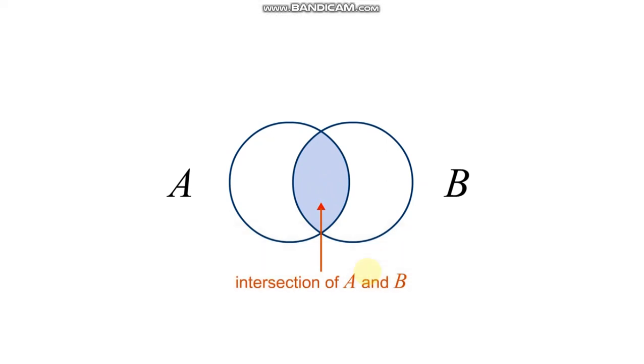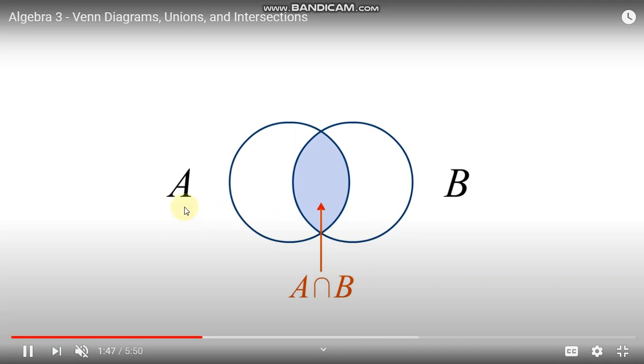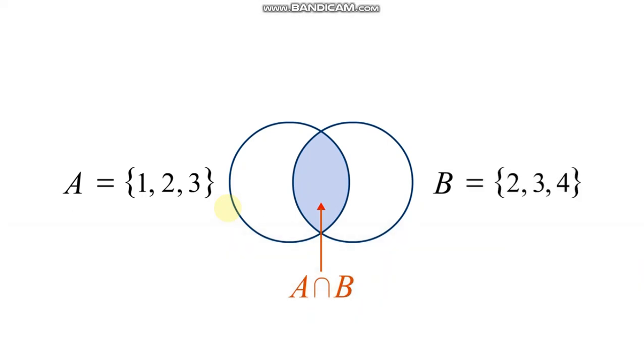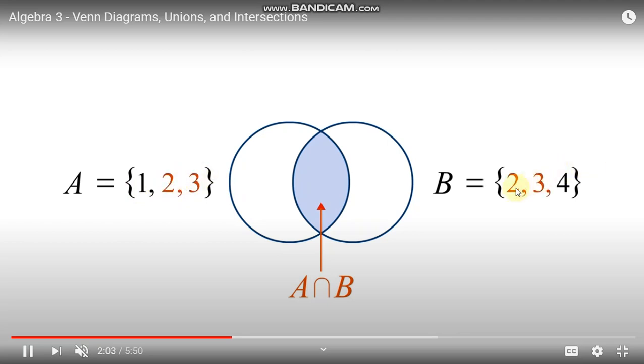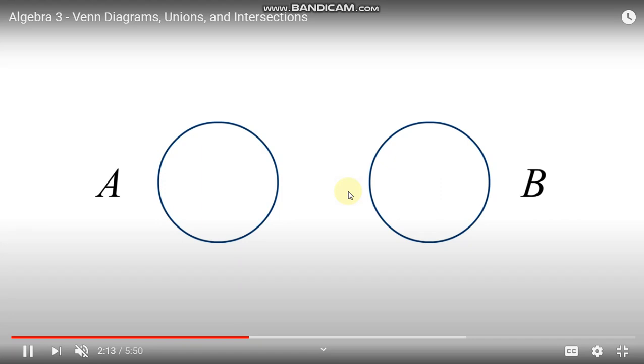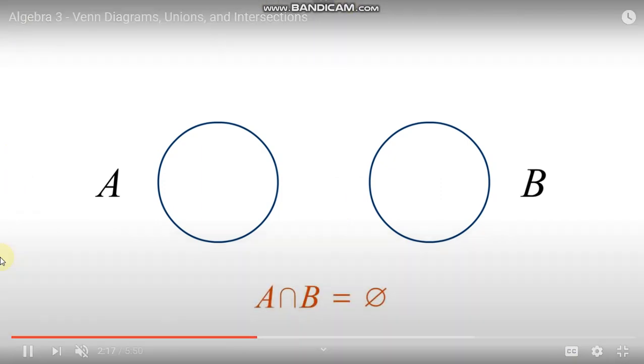You can see the example also. Say set A is equal to some elements, you can list it out, for the intersection as we discussed in the earlier definition. A is equal to {1, 2, 3}, and B is equal to, say, {2, 3, 4}. Now the common elements of both A and B are obviously 2 and 3. You can easily observe 2, 3 is the common element. That 2, 3 will come under this region. This is A: 1, 2, 3. This is B: 2, 3, 4. This is the middle, 2, 3, we can observe. Okay, that is the idea of intersection of two sets.